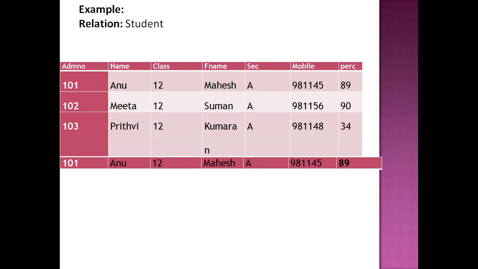So see here, table student is there. Here the admission number is a primary key. See here, this column becomes the primary key, and these all are alternate keys. So all these columns are related to this column, which is a primary key. So this is a primary key and all these keys are called alternate keys.